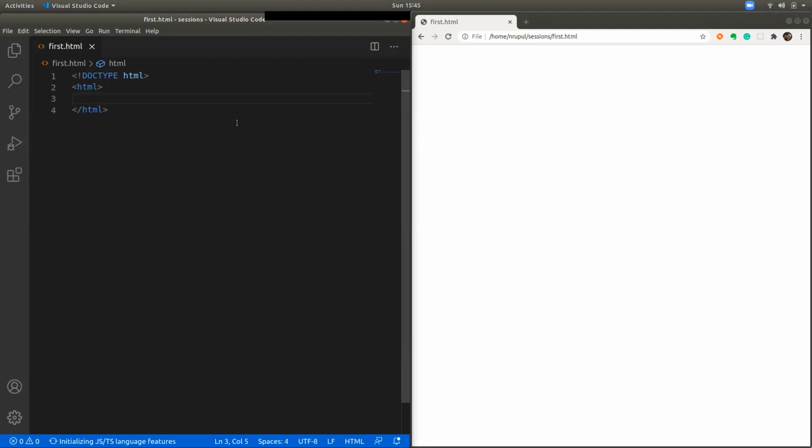Let's assume these are some tags, but I'm just going to show you how to put these tags inside. Now you can write this thing inside this HTML, and it is called the head tag. And in the same way, you can see I closed the head tag before I closed the HTML tag. It can't be that you open a tag and close it after the tag which you put it inside.